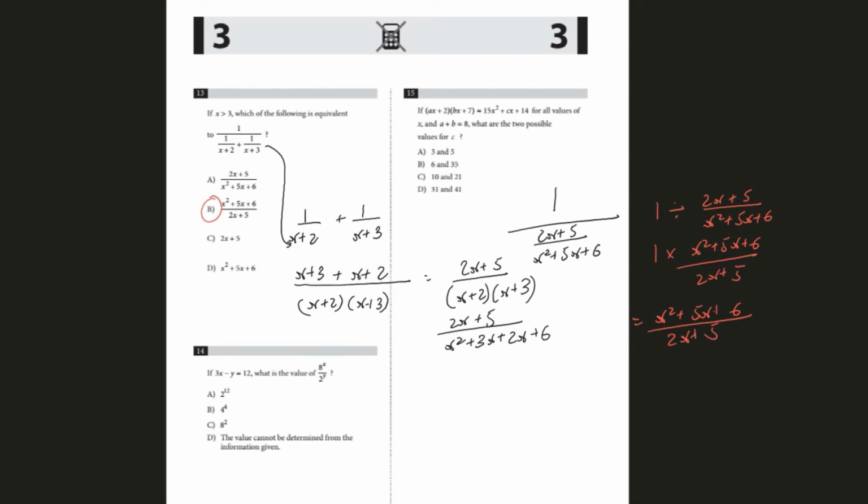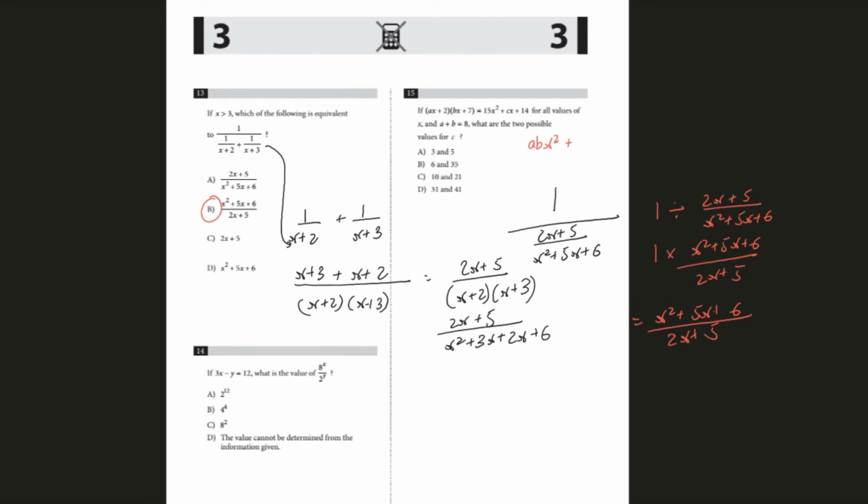Okay. If ax plus 2 times bx plus 7 is equals to 15x squared plus cx plus 14 for all values of x, and a plus b is equals to 8, what are the two possible values for c? Alright, so first of all, let's write this down. abx squared